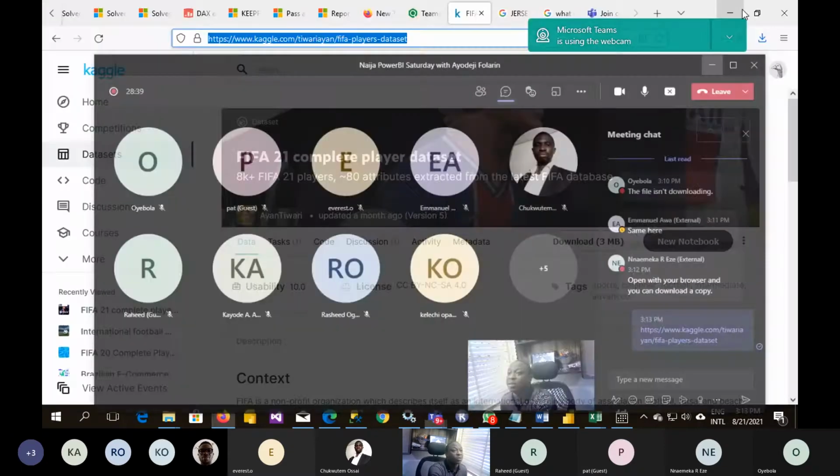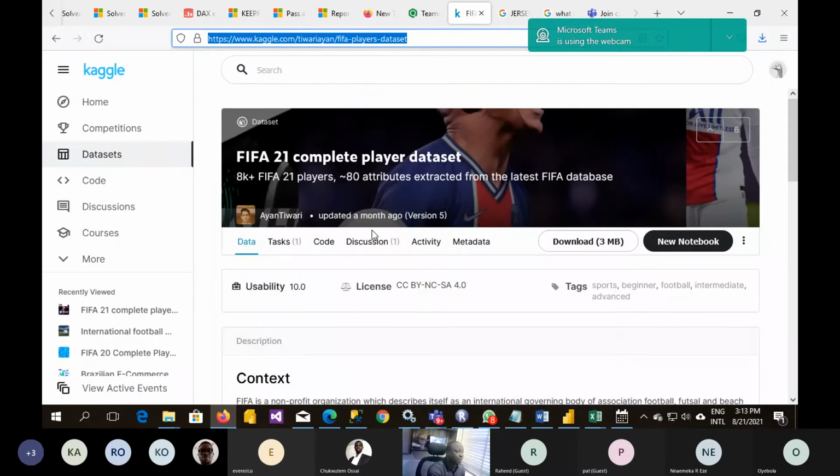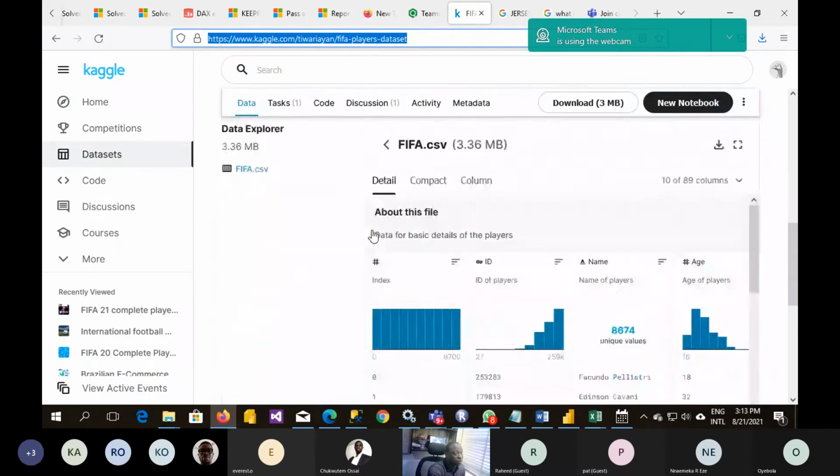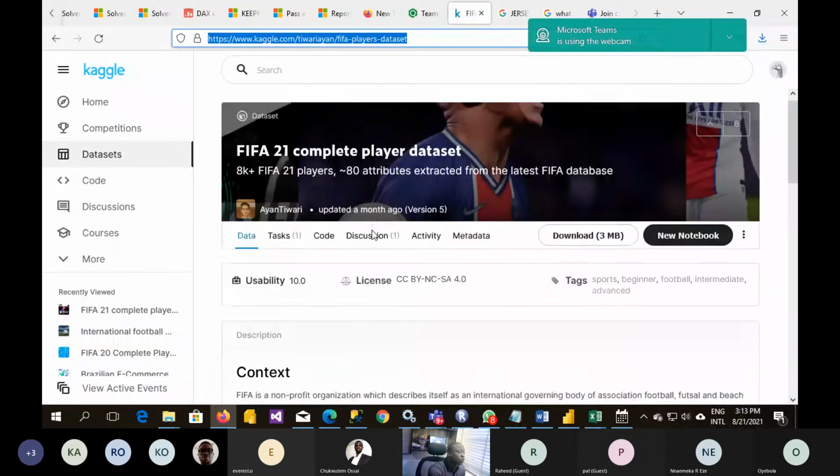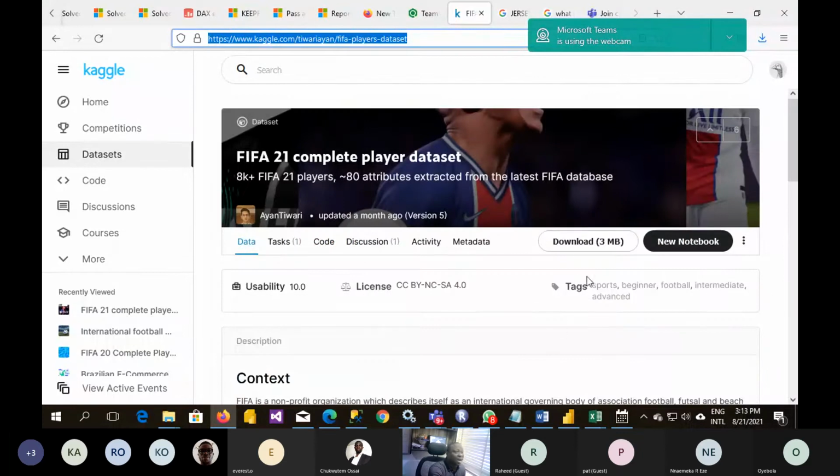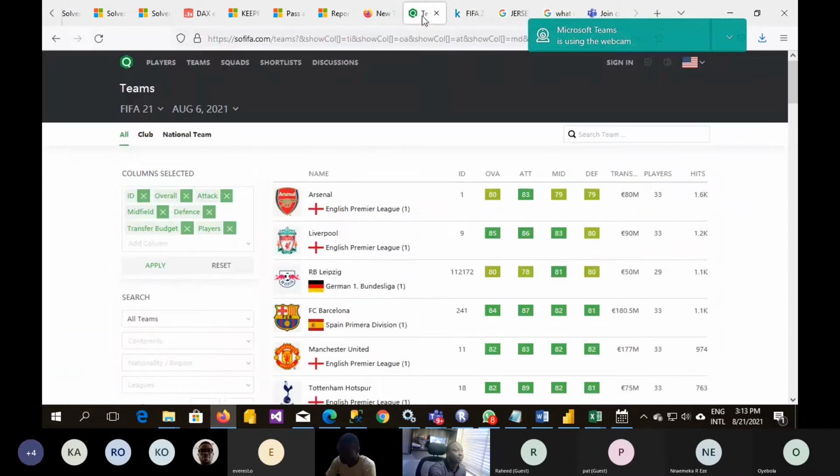Okay, so that is the data source we'll be using. And for this data source to work effectively, I have to combine it with some other data sources. For example, I came to this website to download the name of the club, their logo, their